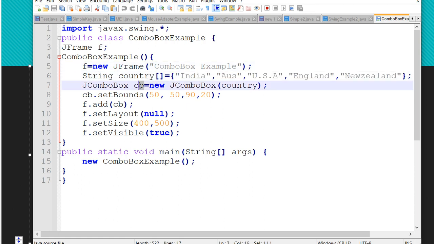The JComboBox object reference is given, and this country array I have to pass into the JComboBox. I have done setBounds, and I have added the component to the frame, that is f.add(cb). Layout is null, set size, visibility is true, and I have taken the main method.